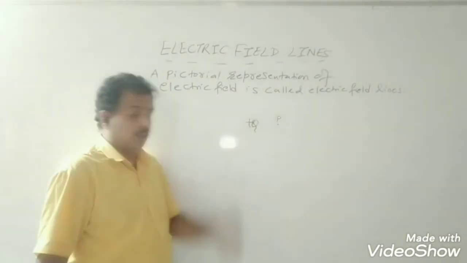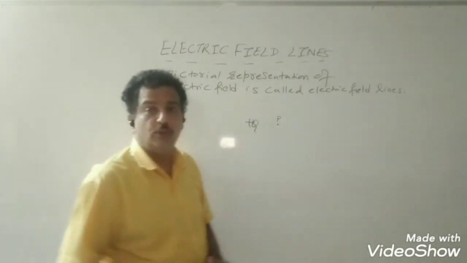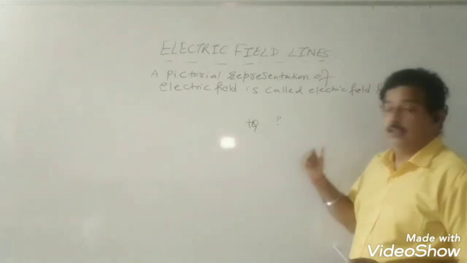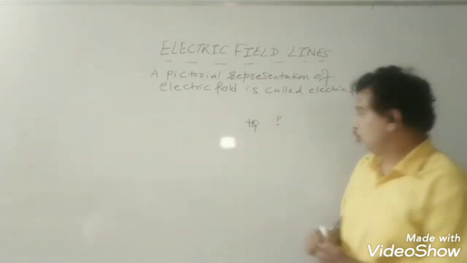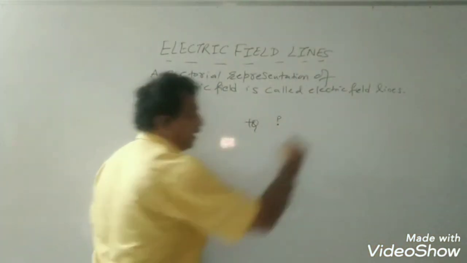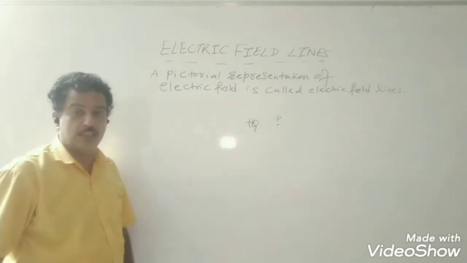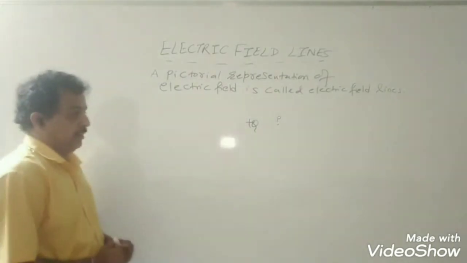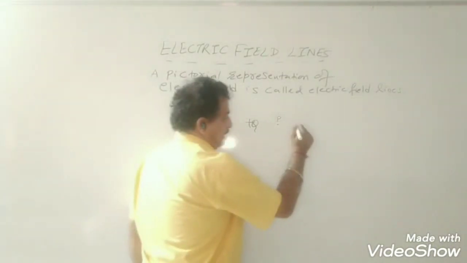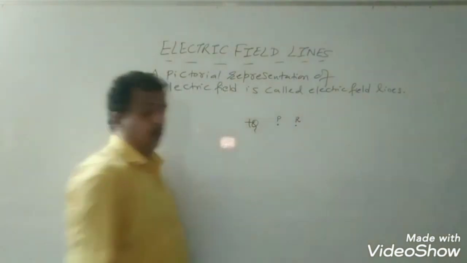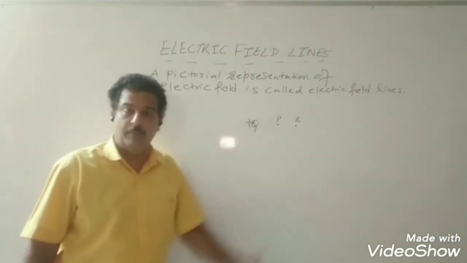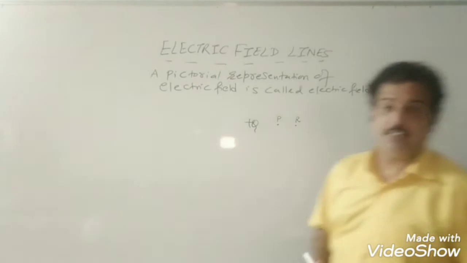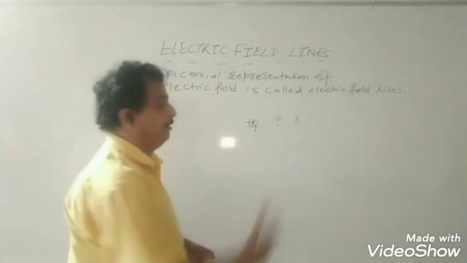So what will be the interaction? Source is fixed by certain unknown force. Its position will not change. So the effect will come on the test charge. This test charge will be repelled away, or it will move away from the source charge. Now how will I show this force of repulsion? Instead of point P, if I keep a test charge at point R, again it will be repelled, but the magnitude of the force or the electric field intensity will be less because we are moving away from the source.